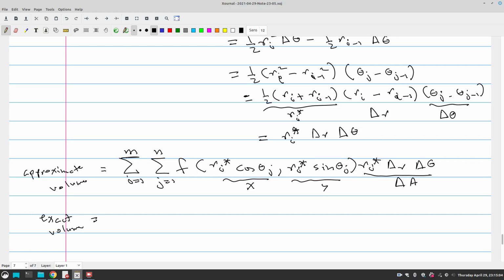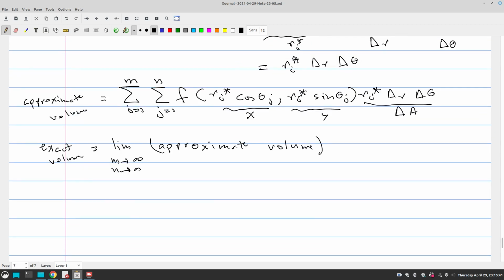So exact volume is of course the limit as m goes to infinity and n goes to infinity of the approximate volume, meaning the expression that we just found, right? And that of course is going to be equal, by definition, to